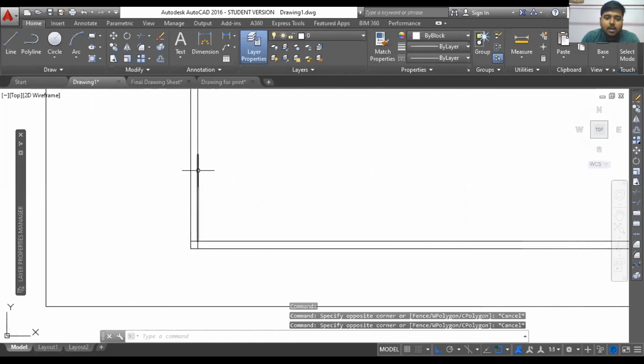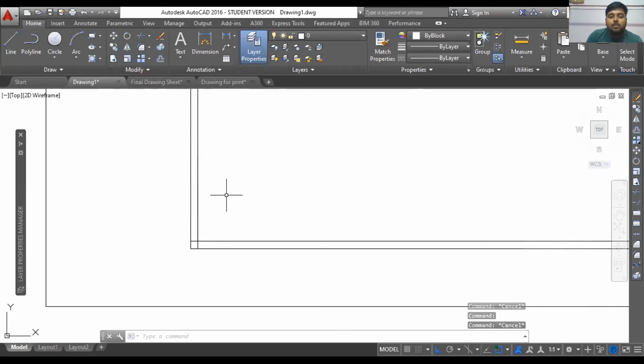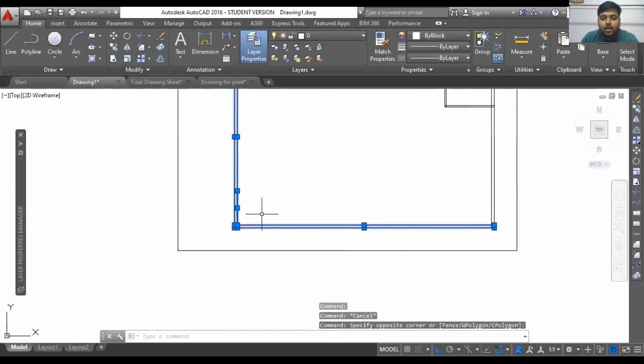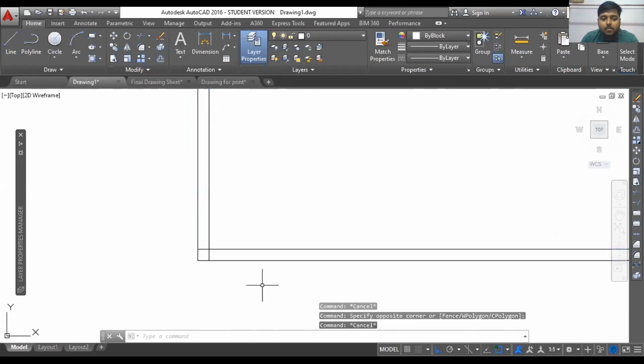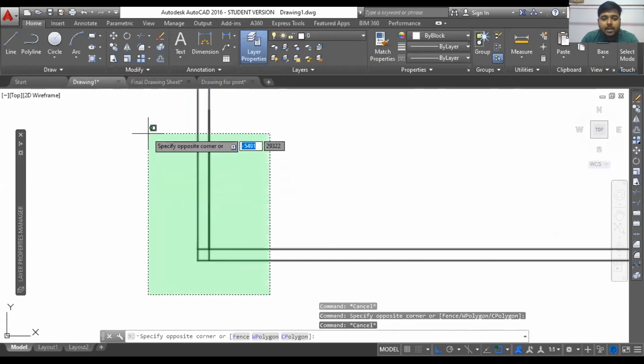And see, one more thing I want to give you an example. I have drawn a line here, that 3-meter line which is exactly overlapping with this. So I'll show you the use of two different selection tools. I want to delete this particular small line which is overlapping here. If I go for the right to left selection tool, it will select all the lines, because it selects everything that comes under it, even a small part of it.